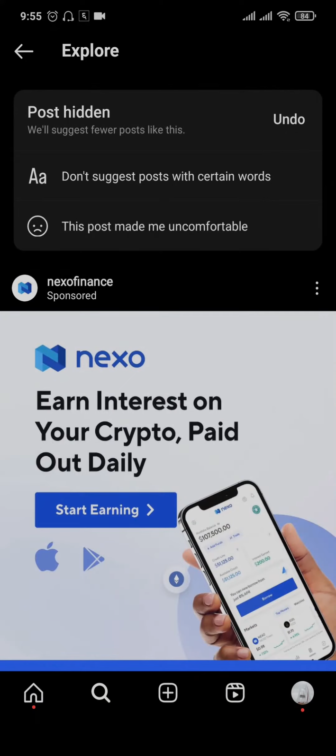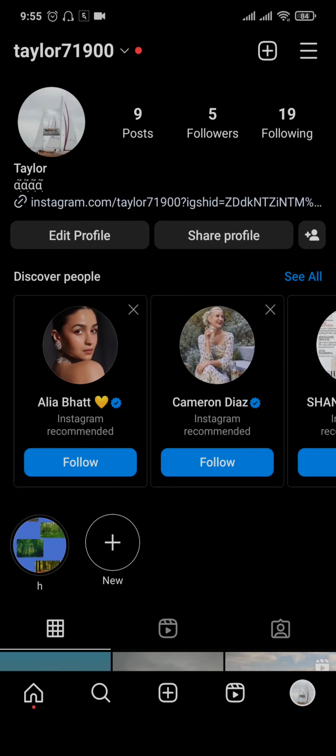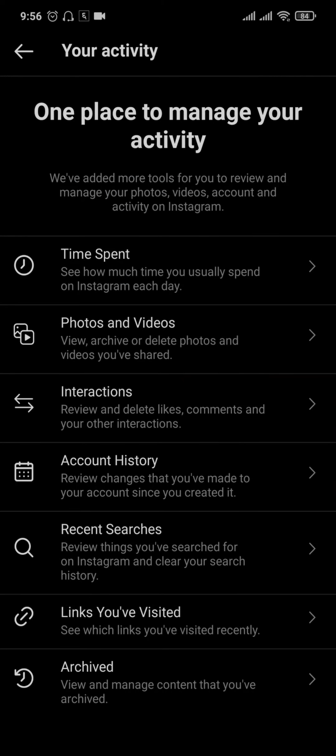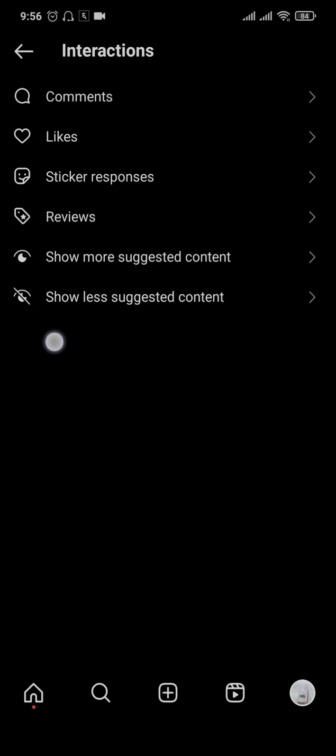Now you need to tap on the profile icon on the bottom right. From here, head over to the three lines on the top right and then open up your activity. This is a section where you can view all of your recent activity, all of your activity history on your Instagram. From here, you just need to head over to interactions, and the last option that you see is show